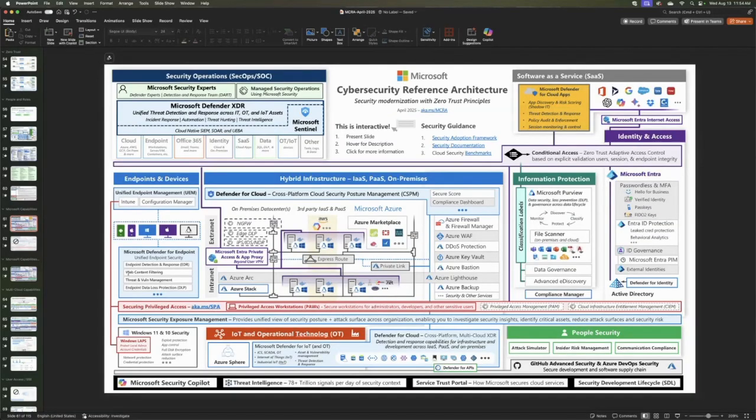Yeah, I think it's the next step coming out of this conversation with the client. So, hey, we're going to talk about where you're at today and maybe where we want to take you. The immediate next step to get started: let's go run a threat protection workshop. Let's go run a data security workshop. Let's go run a security operations workshop. Let's jump into these products with your team and explore the value of what these products have to offer. But we're going to do it in your environment, so you're going to be able to see your data and these products in action, so you can see the value of this.